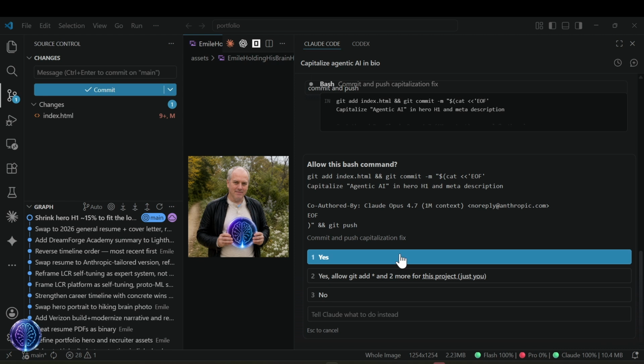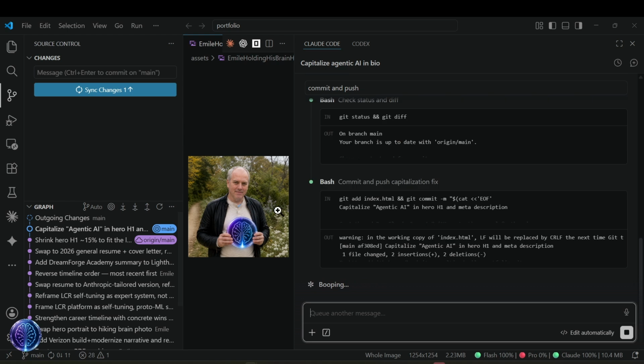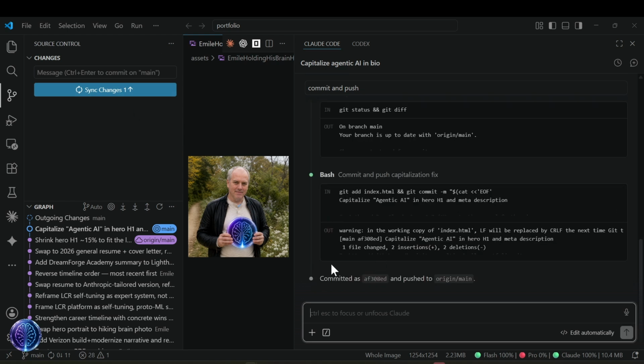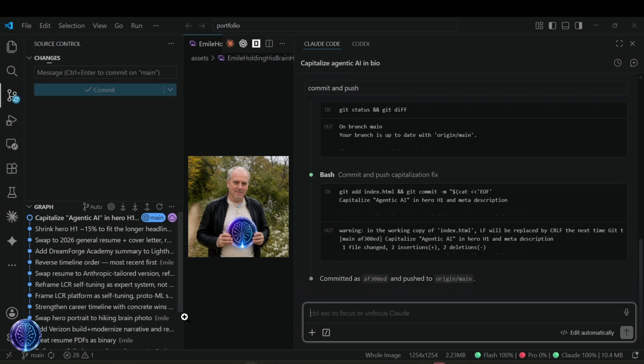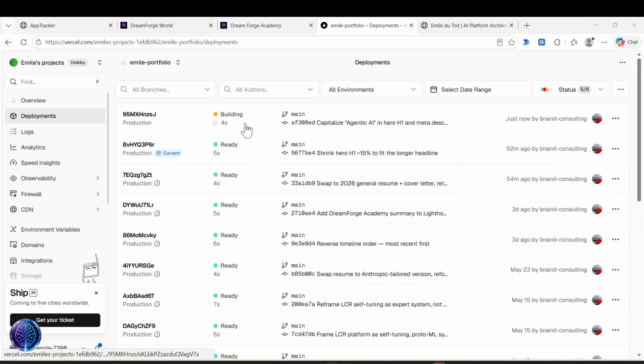It may ask you to confirm. Now it's going to synchronize, and it has committed and pushed. And there we see the yellow building is in progress and ready. So within 5 seconds, it's ready.